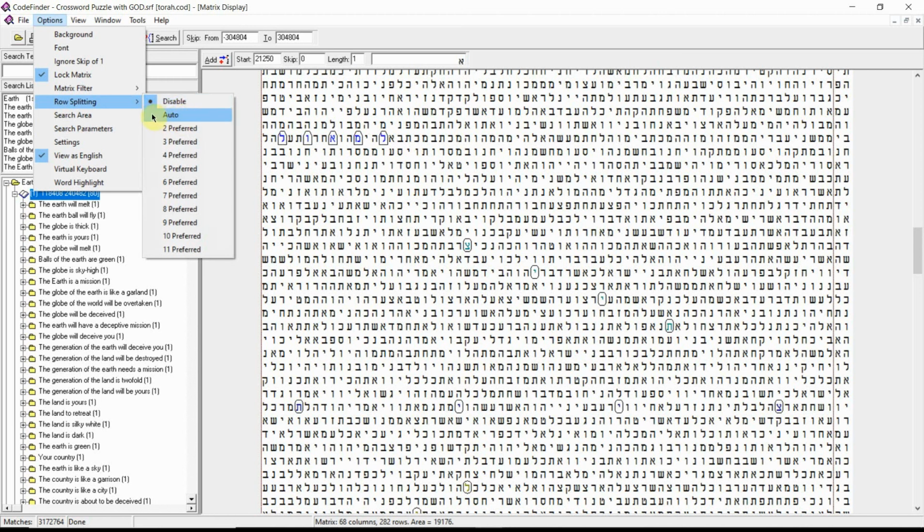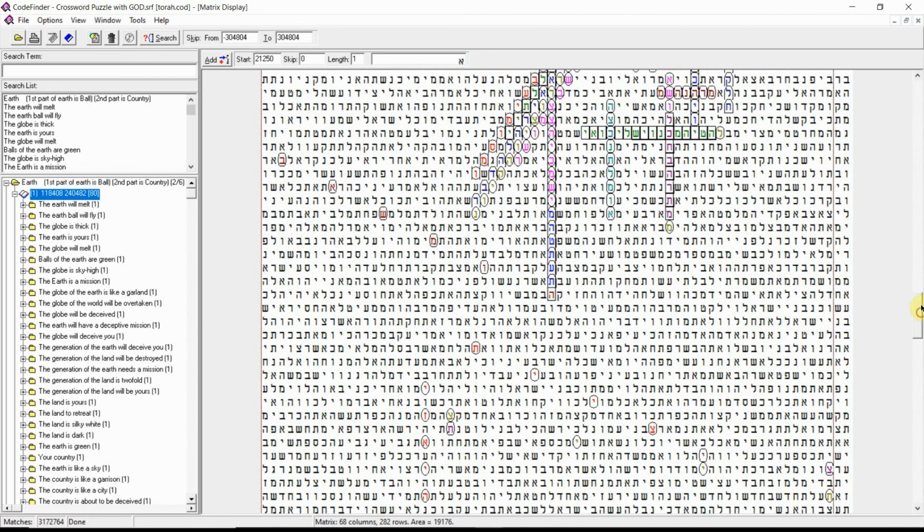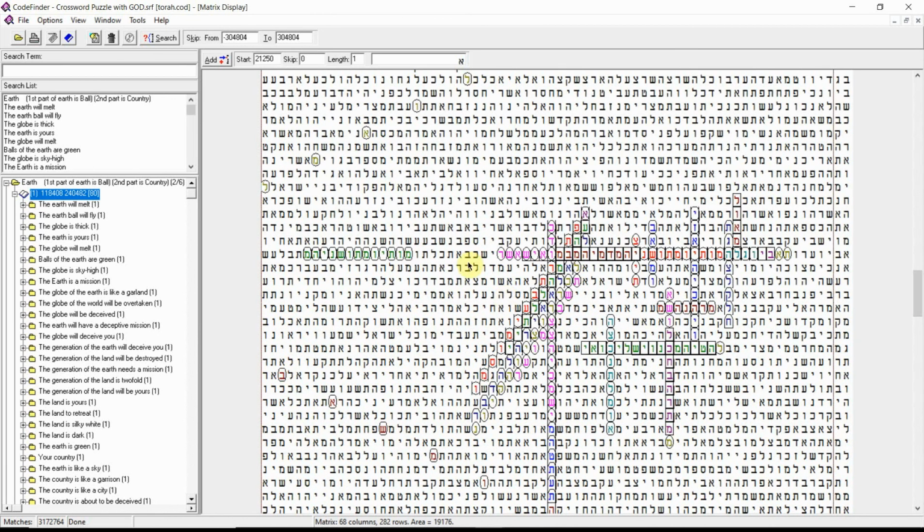Default is auto, so it'll always come up as auto. I don't know how to program these, but apparently you can program them. But auto is default. And what that does, let me go back here, for me it's confusing, but what it does is it puts a space in between.